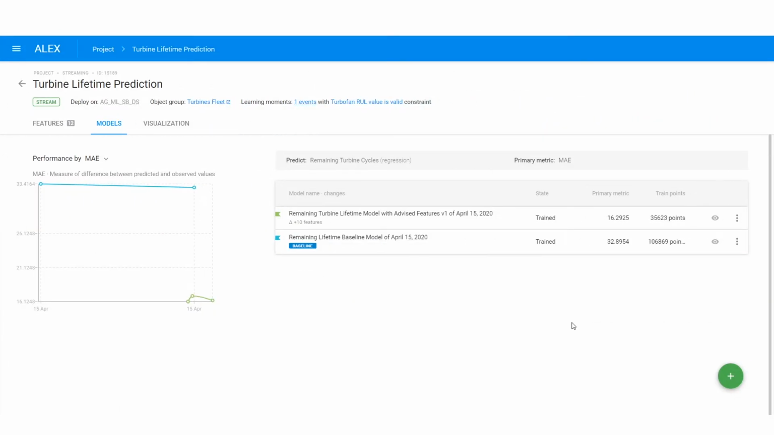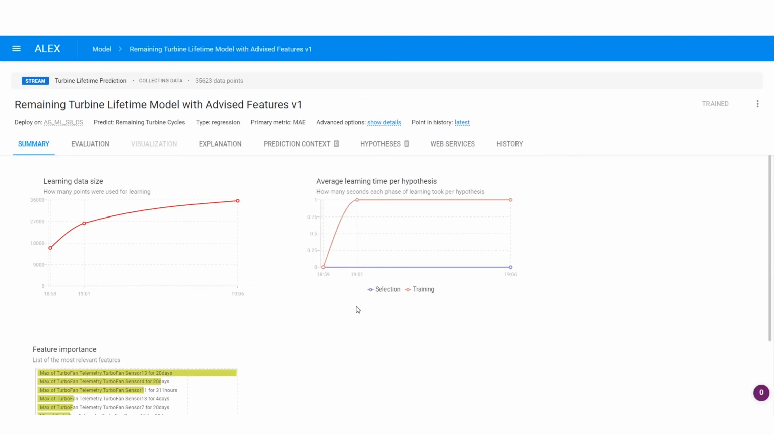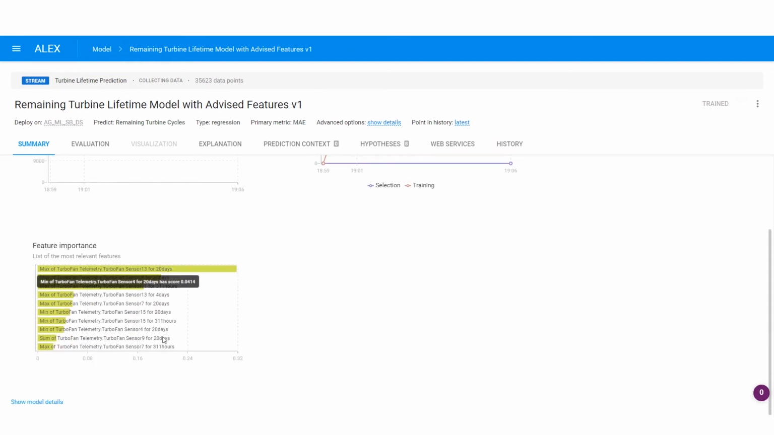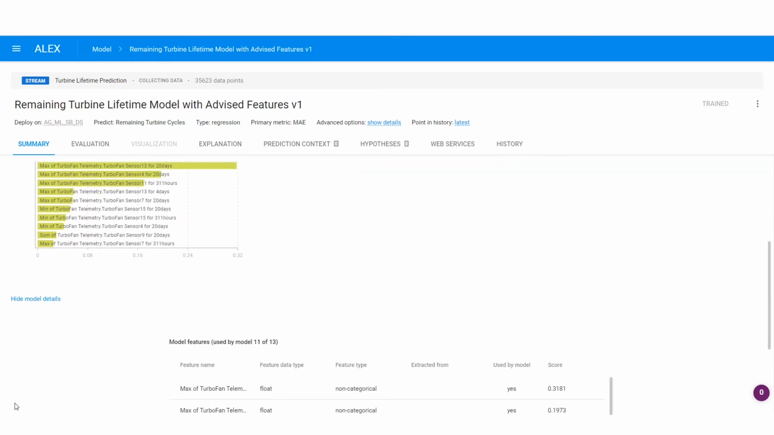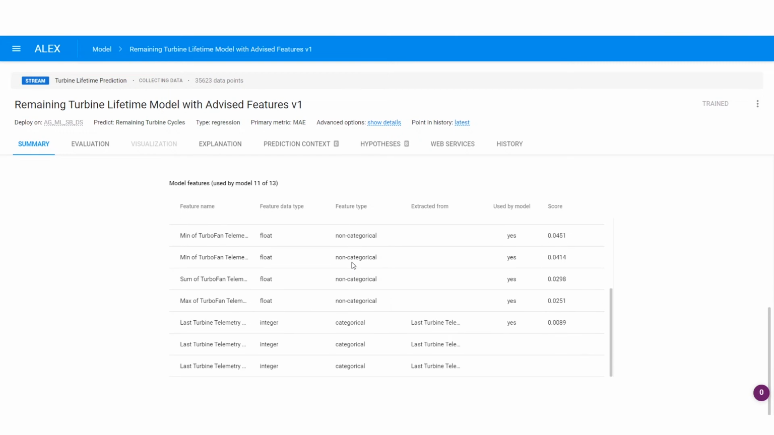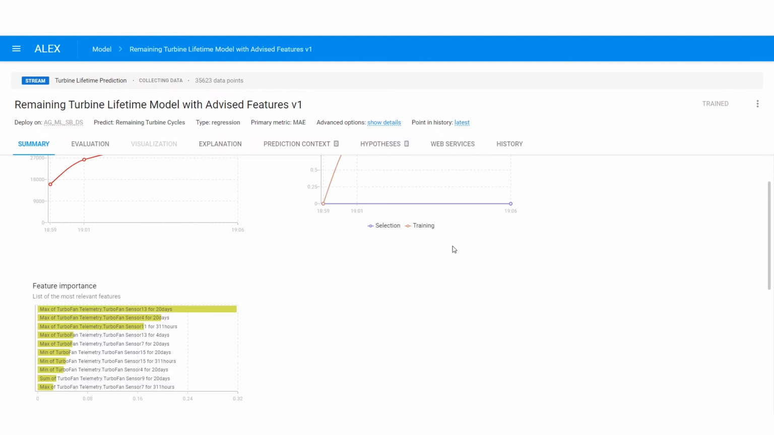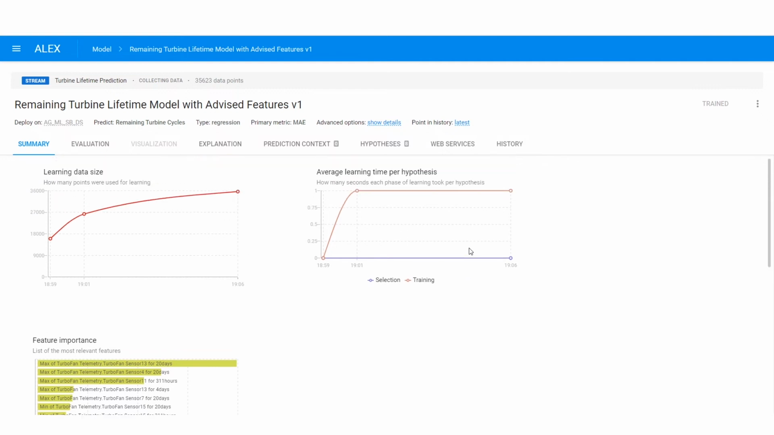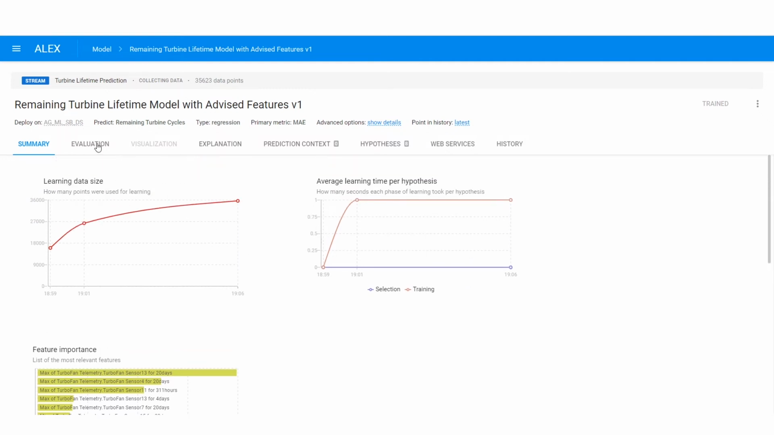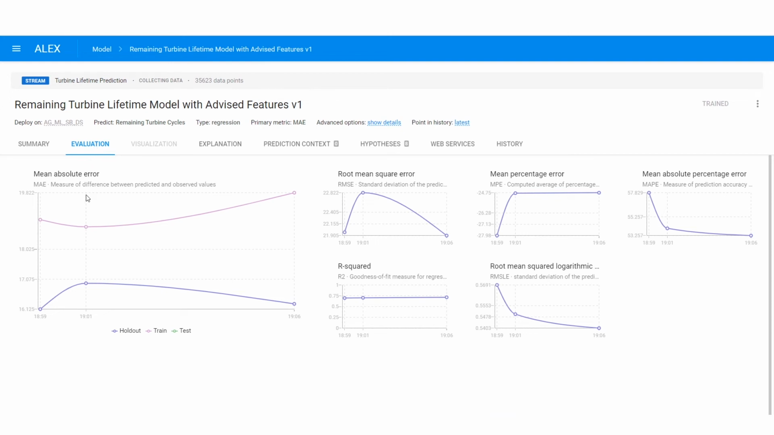We can drill down to any specific model from the Models tab of a project. The Summary tab of the model page reflects the model's evolution. ALEX allows us to track which features are used by a model and what the respective feature's importance is, facilitating the model's interpretation. The Model's Evaluation tab shows the model's metrics,